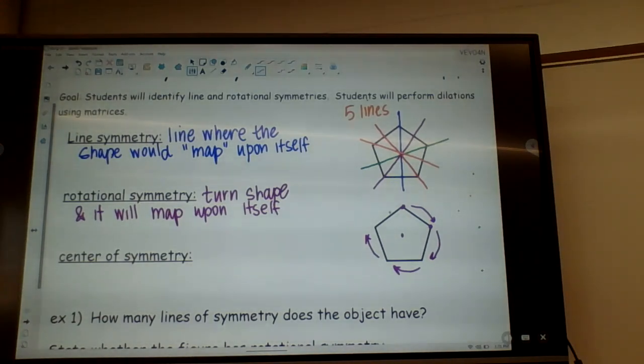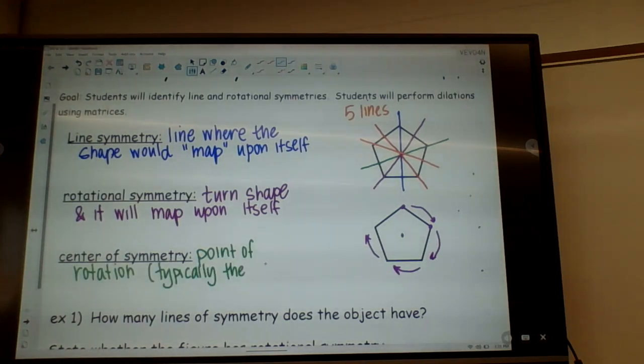And obviously, the center of the symmetry is where we turn from, like the center of the object. So it's the point of the rotation. And it's typically the center. I can't think of a shape where it would not be the center. I'm sure there's something, but